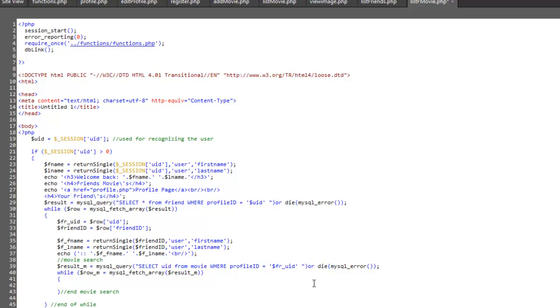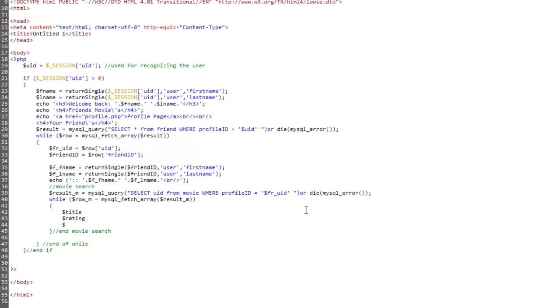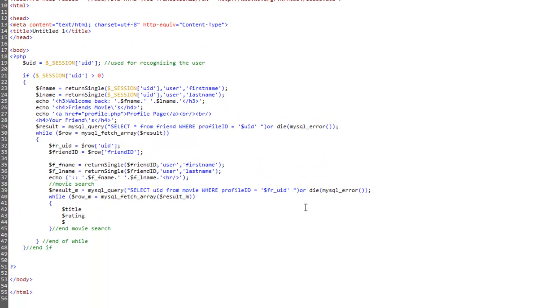Okay, so now that we've got that, we'll grab title, and we'll get a rating, and we will throw in the image. Okay, this is assigned $row underscore M